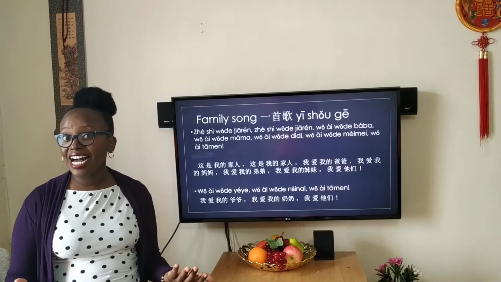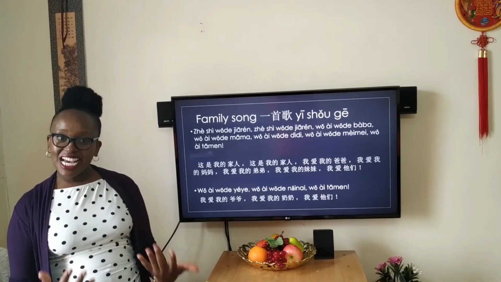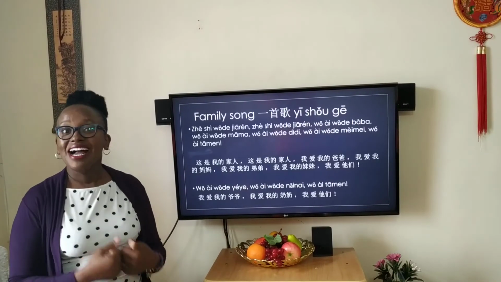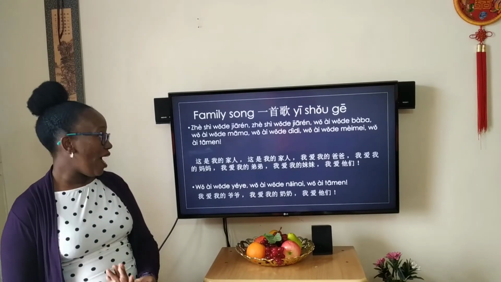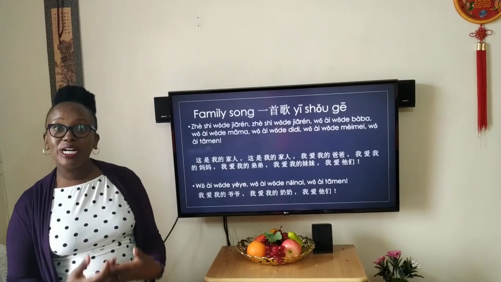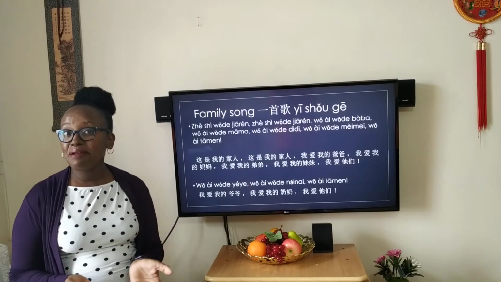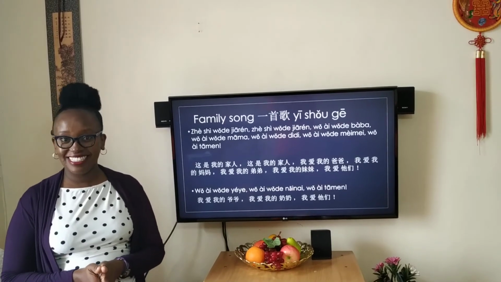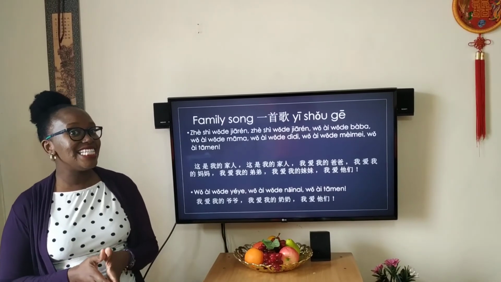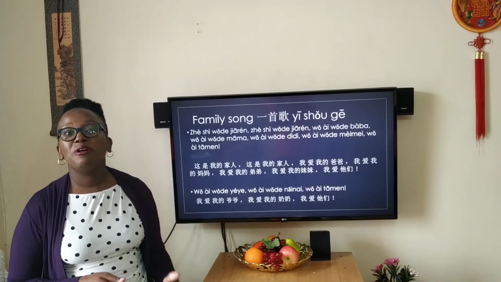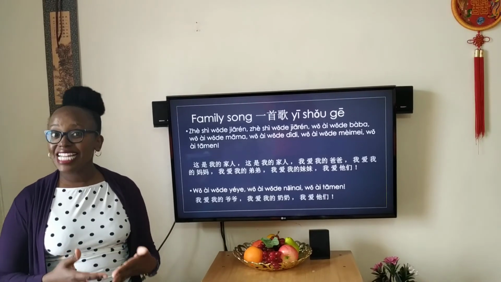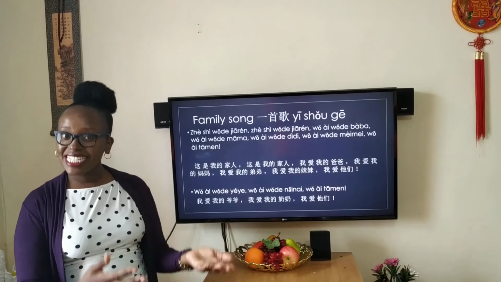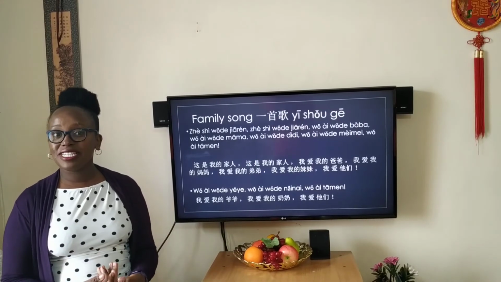这是我的家人，这是我的家人，我爱我的爸爸，我爱我的妈妈，我爱我的弟弟，我爱我的妹妹，我爱他们。I love them. 这是我的家人，这是我的家人，我爱我的爷爷，我爱我的奶奶，我爱他们。Wonderful! If you practice that song, you'll be able to remind yourself how to say, this is